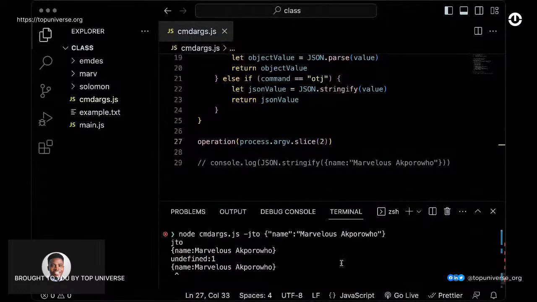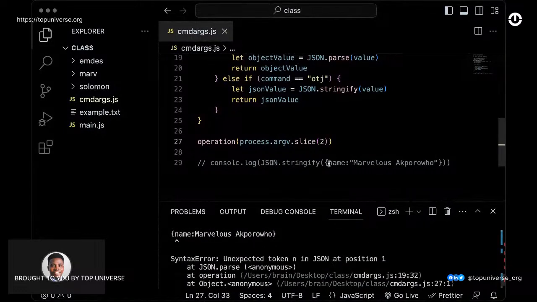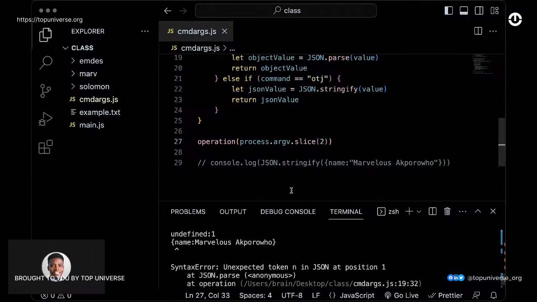Of course, as expected. So this JSON is actually invalid. That is why we're having this error. So it says the unexpected token. Yeah, because the JSON is actually invalid. But